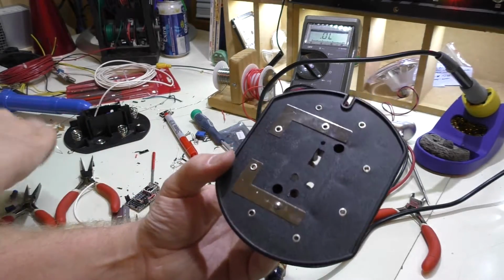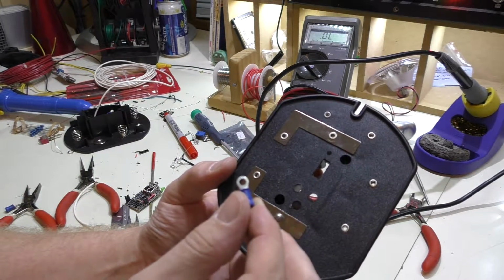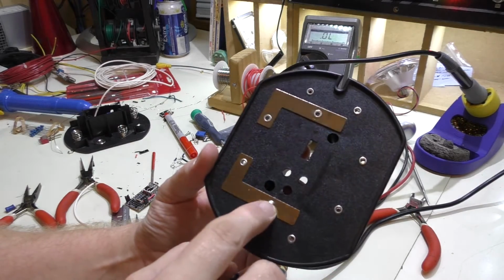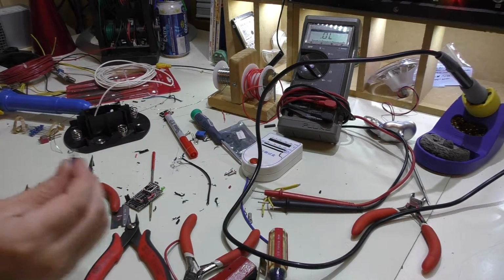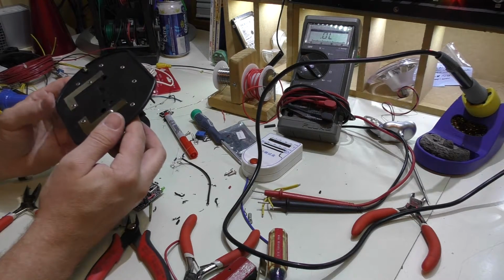Now, what I thought to do was to use a ring terminal here, actually terminate this onto the end of the wire, and then just rivet that in place. I do have a riveter. I can do that. I don't know if I have a rivet that small. We'll find out. The other thing is too,